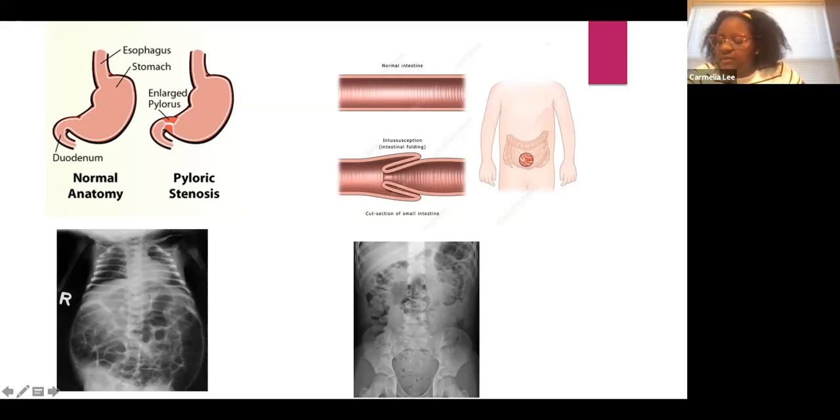You have a look of what Hirschsprung's is, and that basically is a condition that affects the large intestines and causes problems with passing stool. It's present at birth due to missing nerve cells. So you see all the dilation in that baby's abdomen, and that's because those nerves don't send the signal to move stool along. And then the lower right picture is a picture of constipation. You see minimal bowel gas and a large fecal burden in the abdomen of the child.